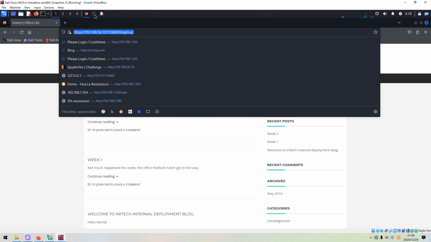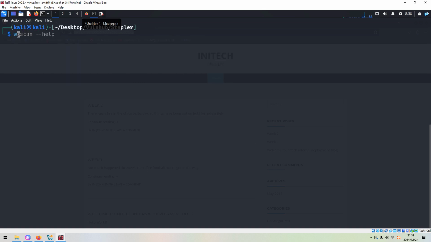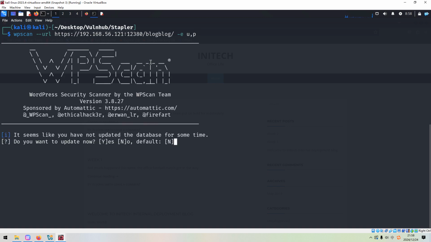We can copy it, and then use WPScan with the URL option. We paste it over here, and we can use the -e option. E means enumerate, u stands for username, p means plugin, although here the plugin scan is not aggressive. We can press enter.